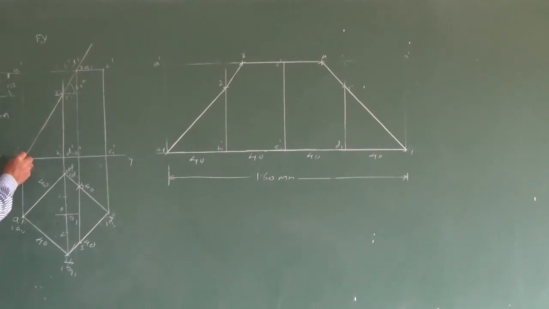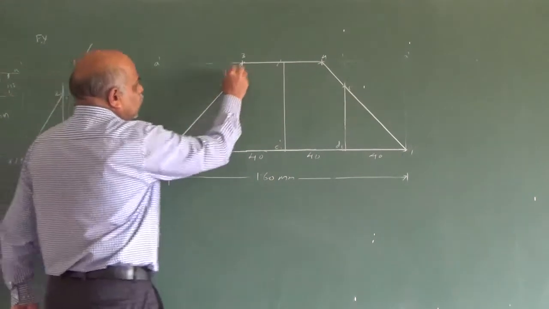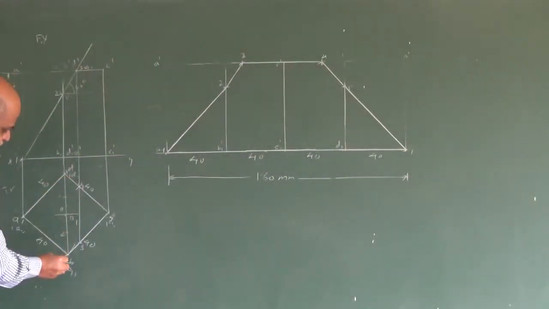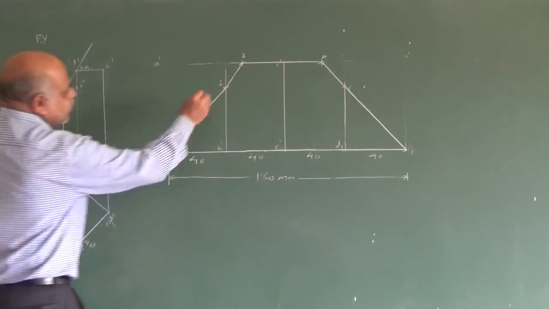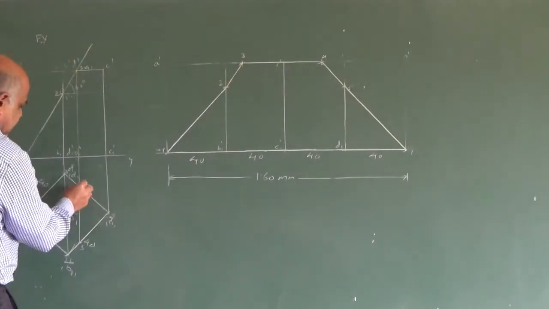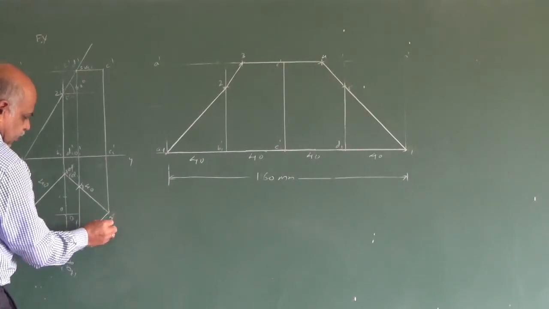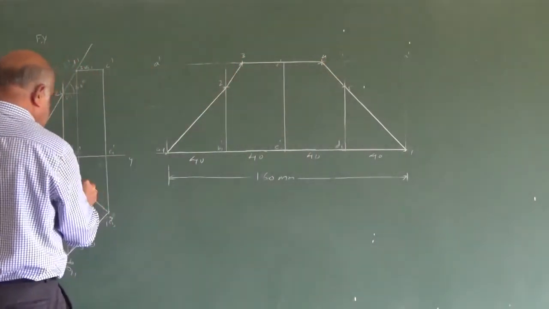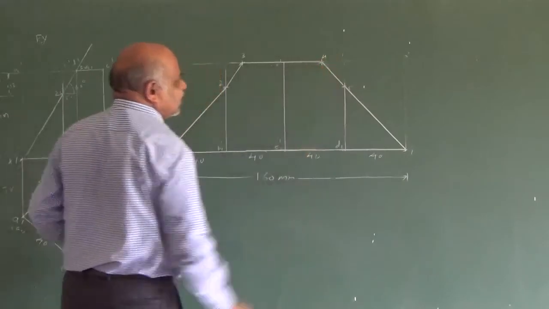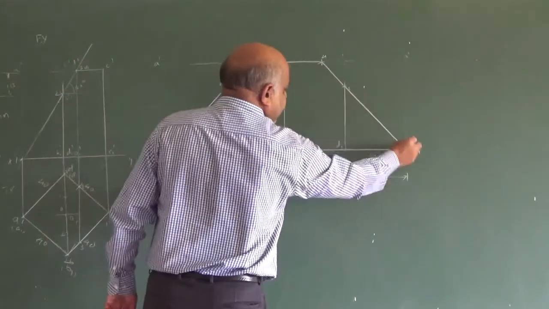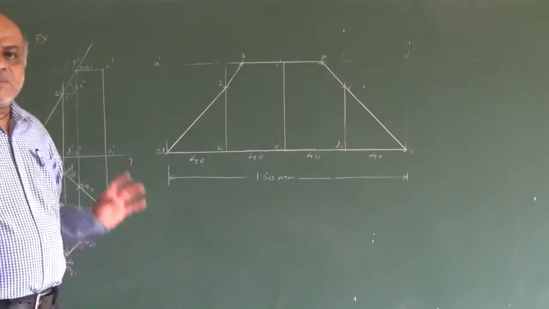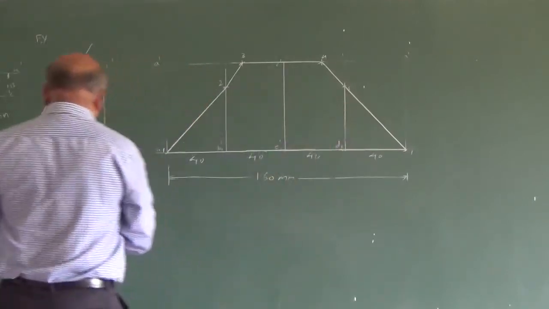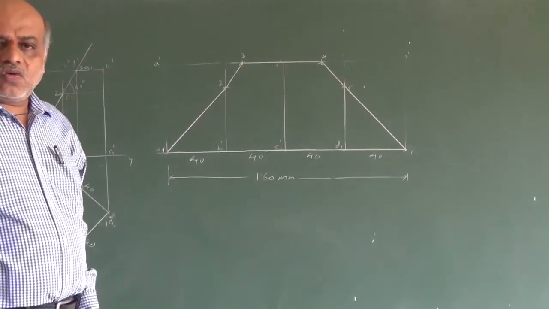If you draw this cut section, it is passing through 1, 2, 3, 4, 5 and 6. Here 3 and 4, you have to measure it here. 3 is from 2 to 3 distance and 4 is from this C to 4. So that is C to 4 this distance, or you can take this D to 4 distance also. You can mark this as 4, 5 and once again 1. So simple problem. So this is what the development of solid of square prism is going to be. You are going to draw.